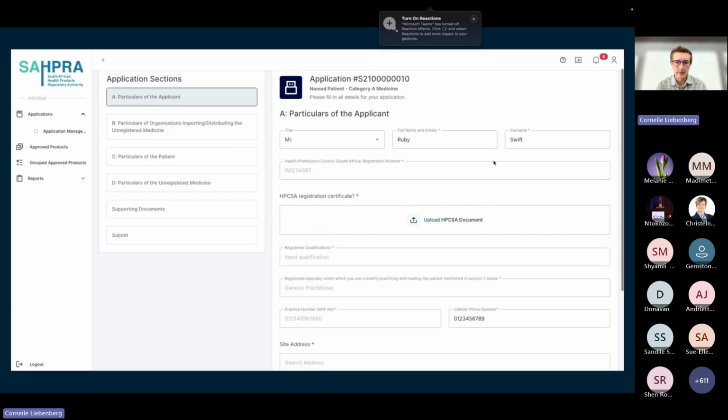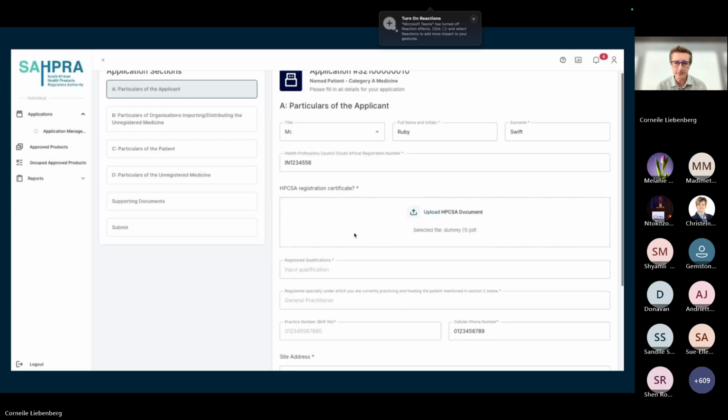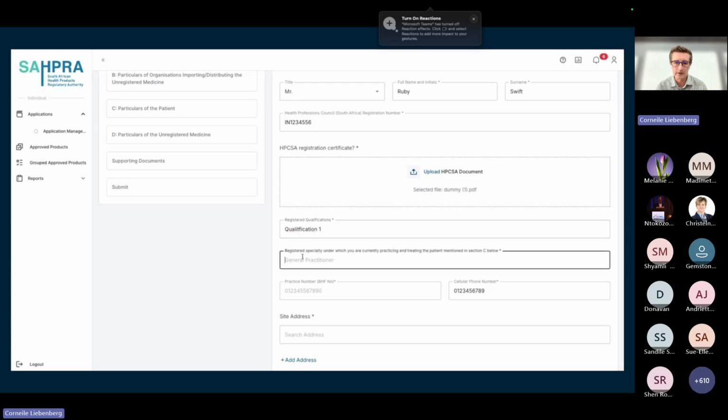And then this is the application form, which you should be fairly familiar with, but restructured with the different sections on the left-hand side. There's also several validations that we apply to ensure the data integrity, easy uploading of documents. So you'll note the different stars on the top right-hand side of each field indicates that it's a compulsory field, and it will show red if it's not completed for you to carry on to the next step.